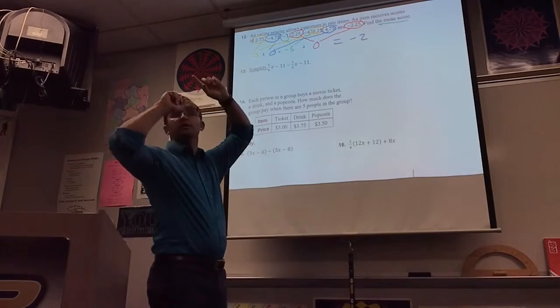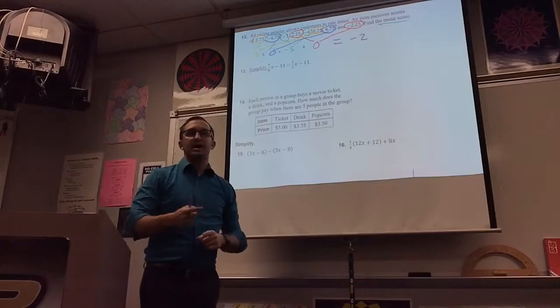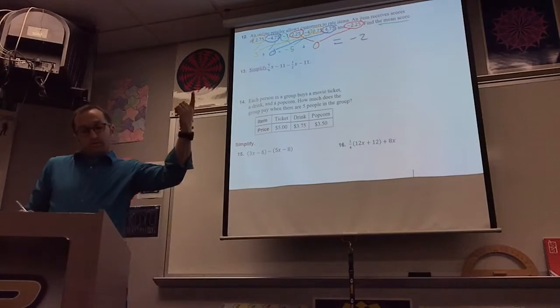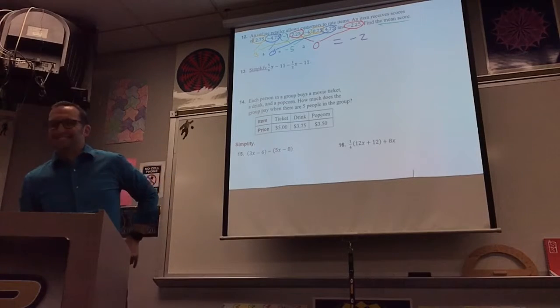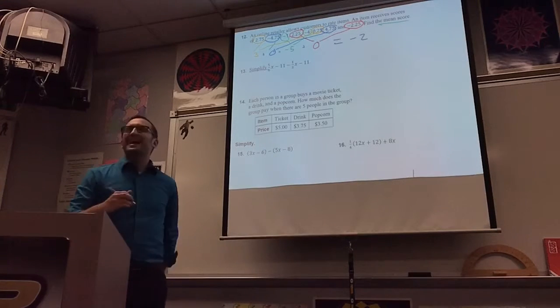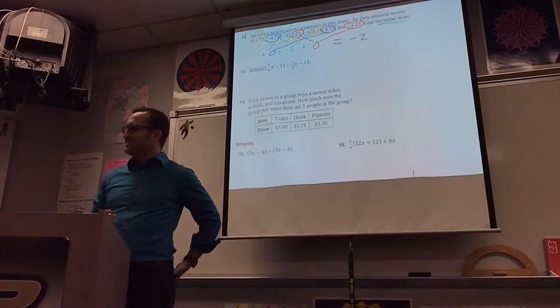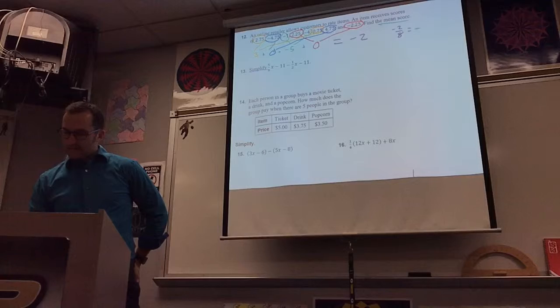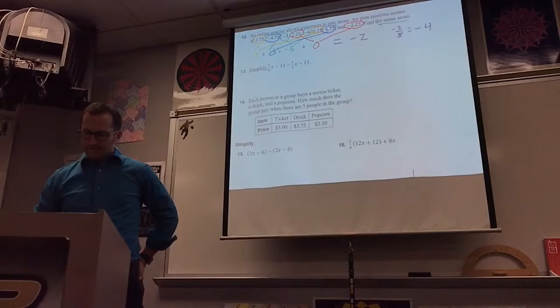Why? Same sign, add. Different signs, subtract. We keep the sign of the bigger one, which is negative. All right, so that is not our answer though. We need to divide by 8. -2 divided by 8 equals -4. Excuse me, not -4. What am I saying? Negative